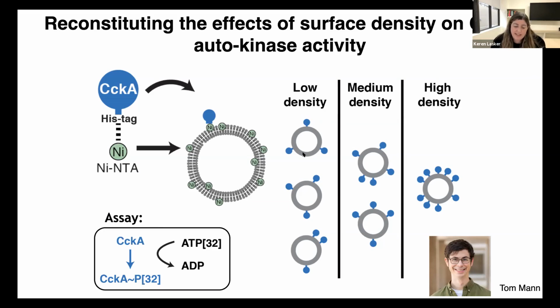Now, it's important to note that CckA is a tetramer in vitro. He loaded purified CckA onto the surface of this liposome via a His-tag attachment, and he kept the total amount of CckA fixed, but spread it onto increasing amounts of liposomes,